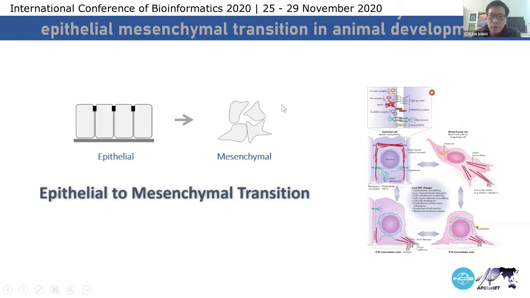The reason we are interested in this is that we are a multicellular system. Our body is multicellular, and in a multicellular system, the cells have to be organized in some sort of organization. Actually, there are only two types of organization. One is epithelial, one is mesenchymal. If you think about that, most of the inside of your body is compartmentalized, and the compartmentalization takes the epithelial structure